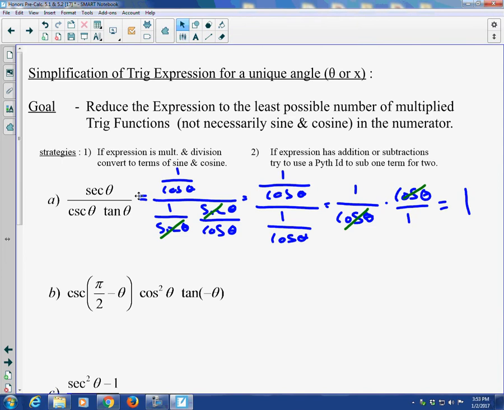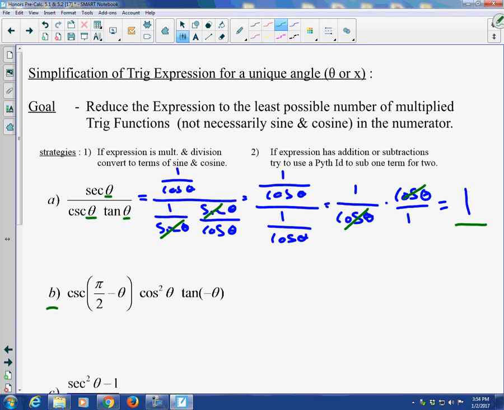Now right here, basically what we're saying is that all of the thetas in our expression are going to be the same angle, right? And whenever we're plugging in one angle theta into this expression, the ratios of secant, cosecant, and tan are always going to reduce down to 1. So that's a nice simplification for us. In general, right here, we're only able to make these conversions and cancel things out when all these angles are the same, right? So in our next example B, we've got pi over 2 minus theta, and then a negative